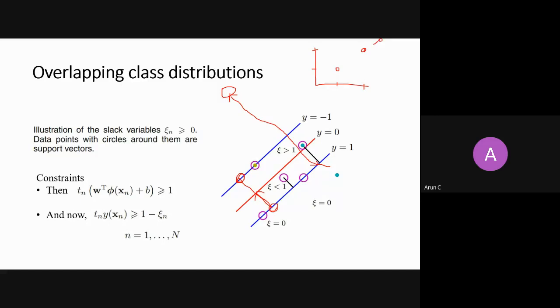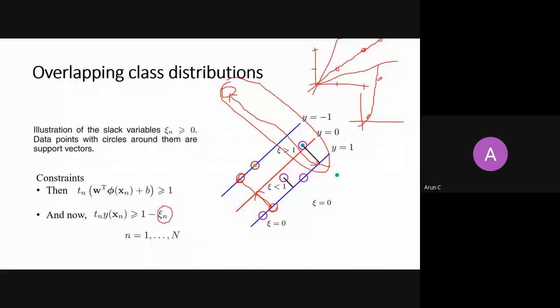So this is a line, and this line is linear. The slope can be different, but it grows linearly. It is not quadratic or exponential, where if you are 5 meters away you are somewhere here, and if you're 10 meters away you are somewhere here, and when you join it you can do this. No, it is linear error. This is the important thing that you should understand here: it is linear in the sense of how much you are away from the hyperplane on the wrong side. So you can calculate this slackness for every variable.